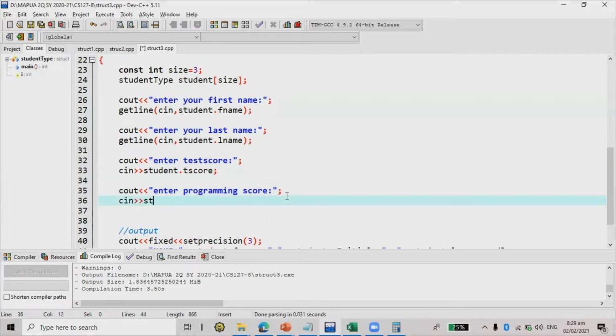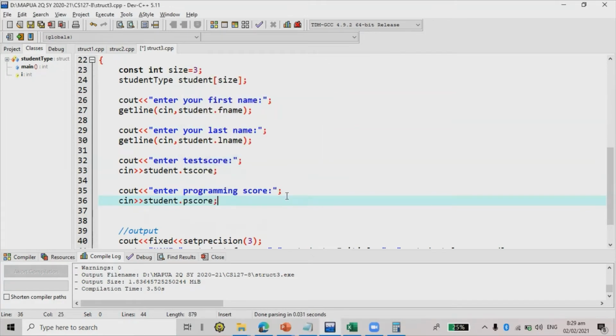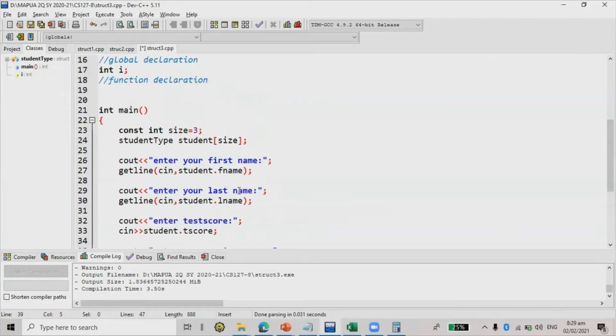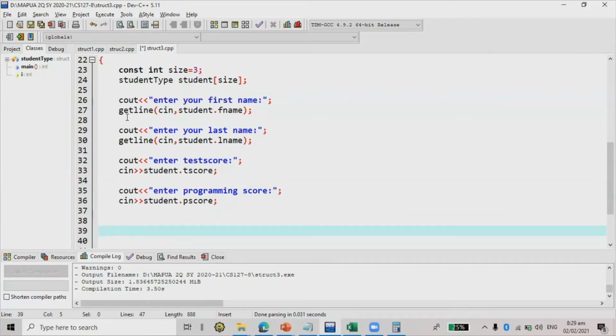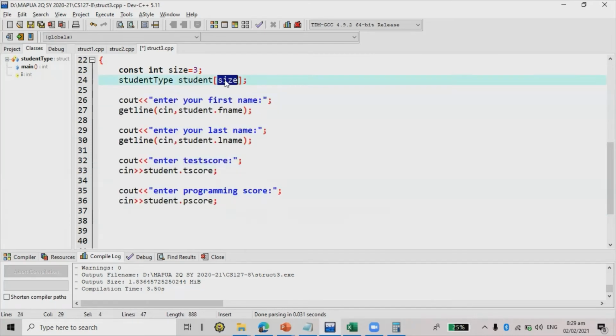Cin student dot P-score, semicolon. Okay. And then after first name, T-score, P-score. Okay. So now, this syntax is considered as a single structure, but since we're talking about an array of structure,